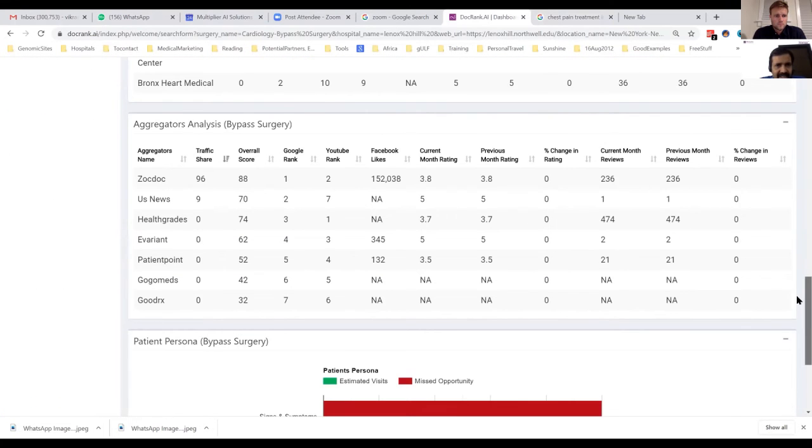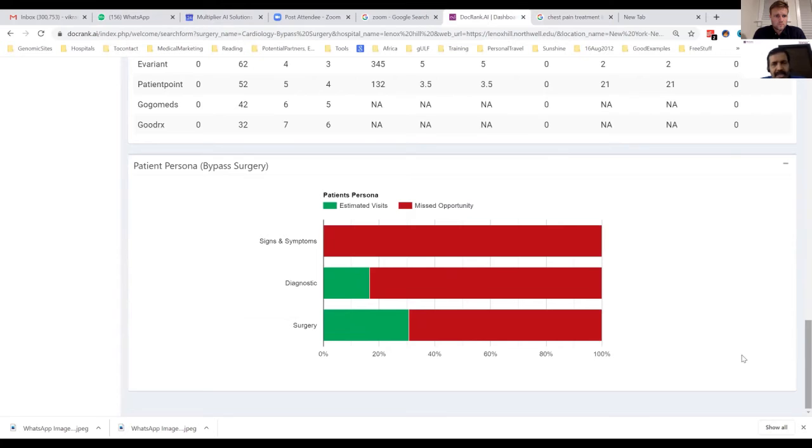Similarly, for the aggregators, it lets them know what we are fundamentally doing. For Lennox Hill, it gives a summary: while they are present for surgery-specific keywords and some diagnostics associated with the procedures, words that are early signs and symptoms are not there.